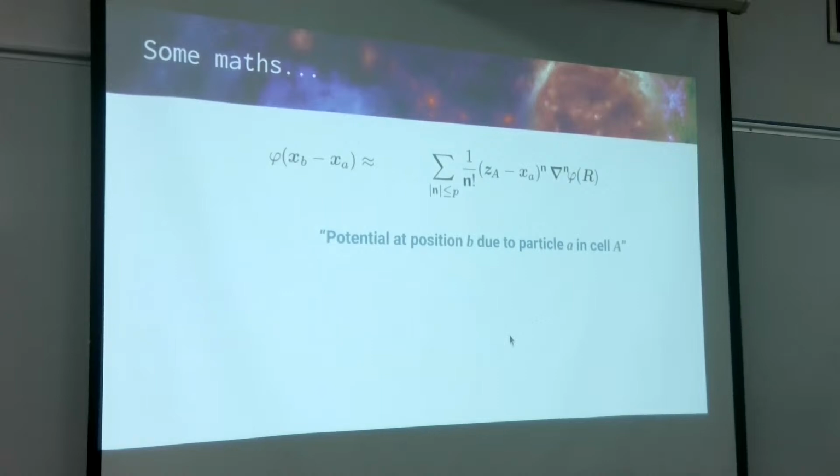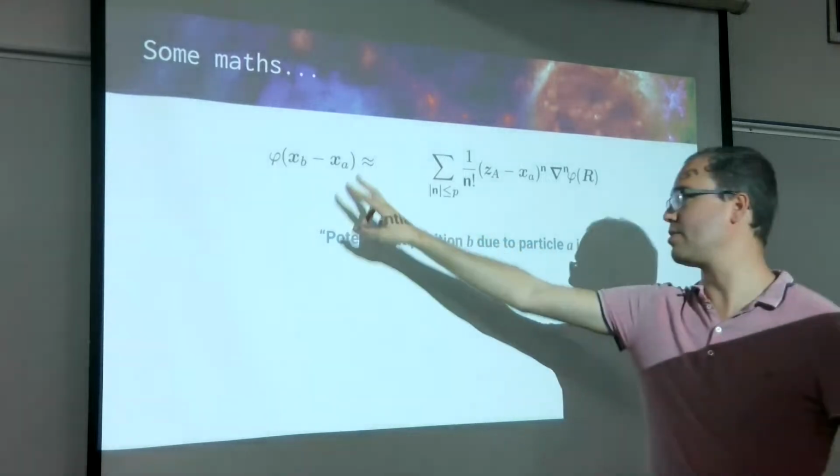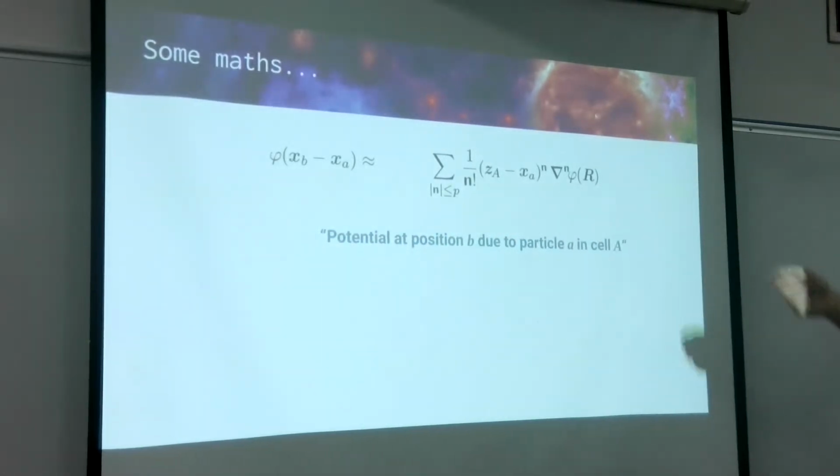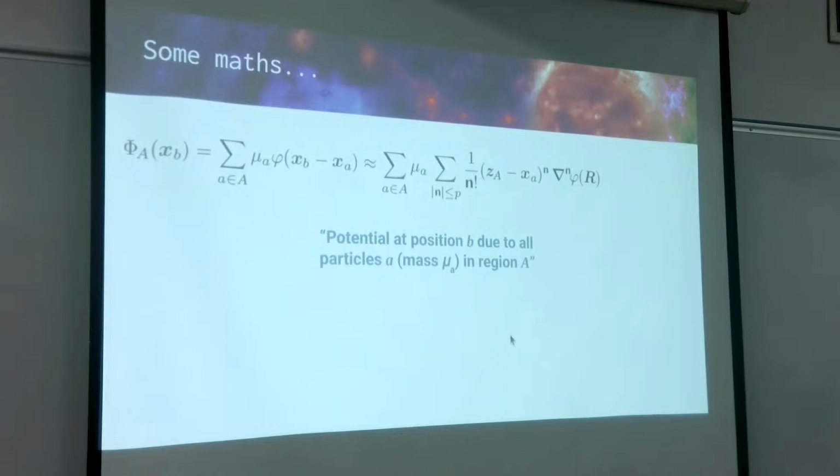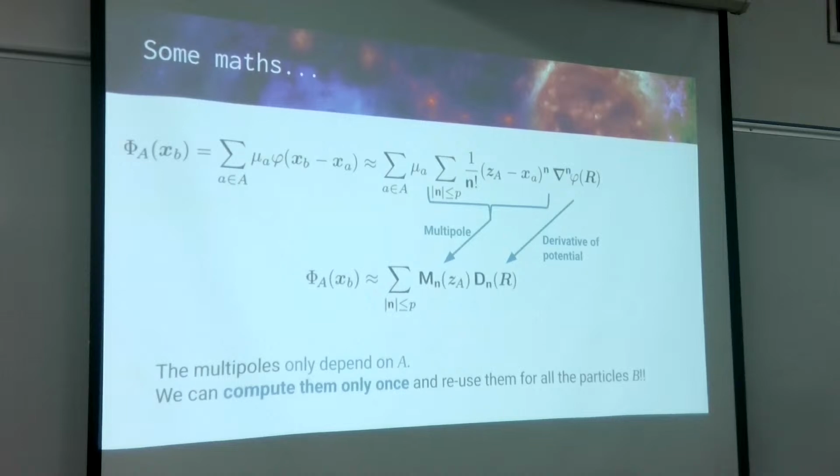So formally, you can write this as being a Taylor expansion. So the potential between two particles, you can Taylor expand around the center of mass. And I don't want to go too much into the detail, but you can keep writing this as a Taylor expansion, and then summing everything up, you end up with an expression